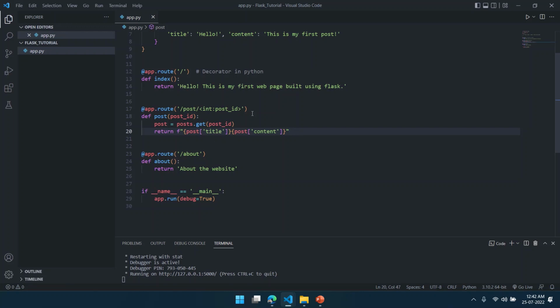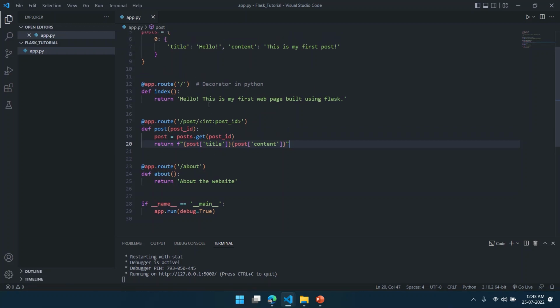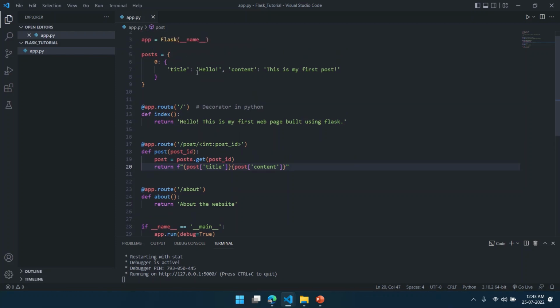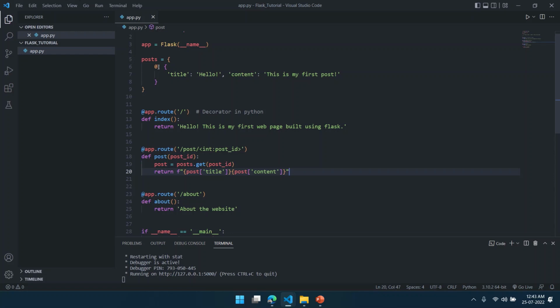So what does this mean? Here we are creating an integer variable. This is post id. So this post id is nothing but the key values of this posts dictionary. So here we are making a variable called post, and here we are making it equal to post dot get. So this get function gets the key value of this posts dictionary,